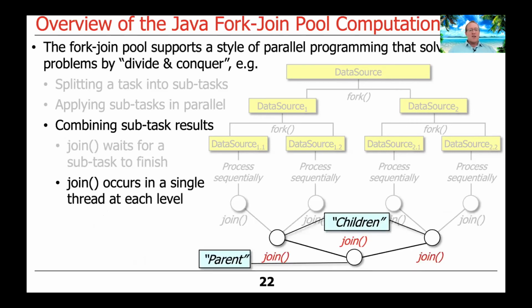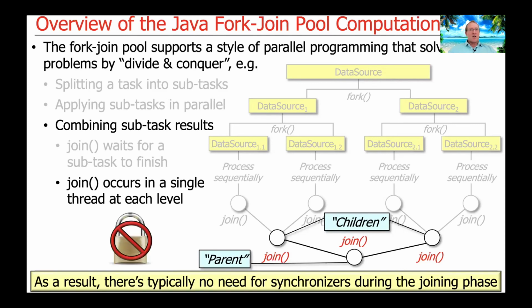Okay, another thing to note here is that join occurs in a single thread at each level. So when you join, what you're doing is that the parent thread is getting the results or the sub-results from the different subtasks that are running in the children threads. And as it turns out, there's no need to do synchronization here because of the very clever way in which the fork join pool operates under the hood. So you don't have to do any synchronization in your code because that's all handled for you by the framework,